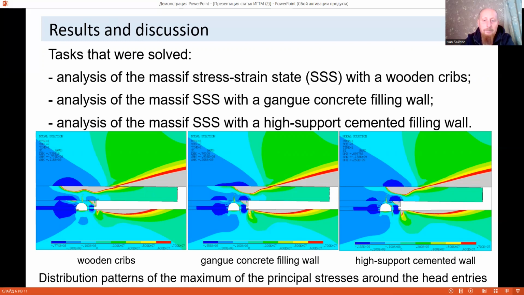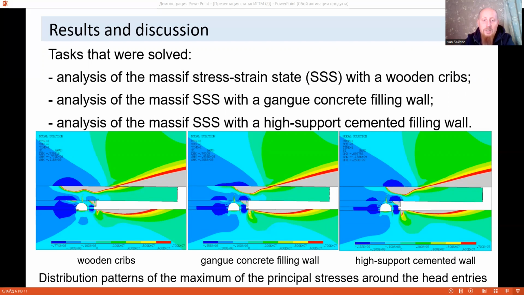the area in which the resultant stresses exceed the tensile strength of the roof. In the case of using cribs, the maximum of the principal stresses in the main roof is on the coal seam side. Hence, cutting of the main roof is probable there. When using a filling wall, the maximum stress is above the wall, which contributes to cutting the main roof above the wall, and it's more favorable for the stability of the head